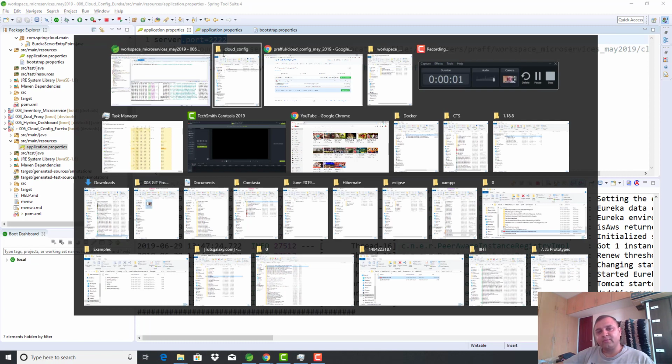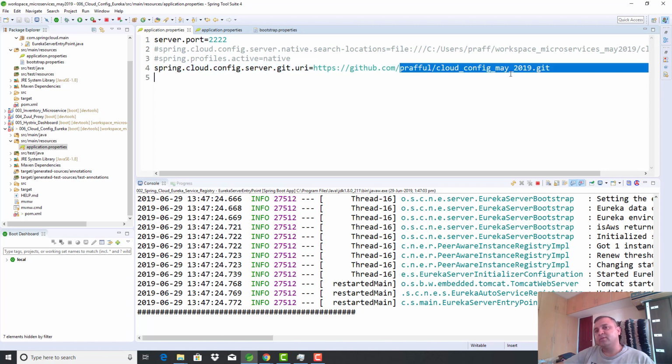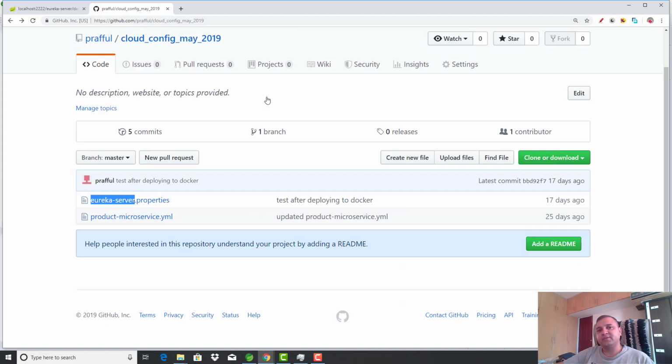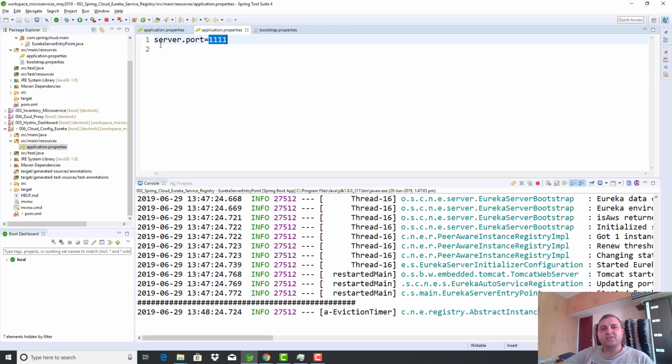So, localhost 2222, that is the cloud config server, is pulling in all the properties from the Git repo. Now this Git repo has got two files. One is Eureka server.properties, one is product microservice. Now this Eureka server.properties is following a naming convention wherein the first thing before the dot prefix of this file name, name of this file dot properties file, is the same as that of the Spring application name for